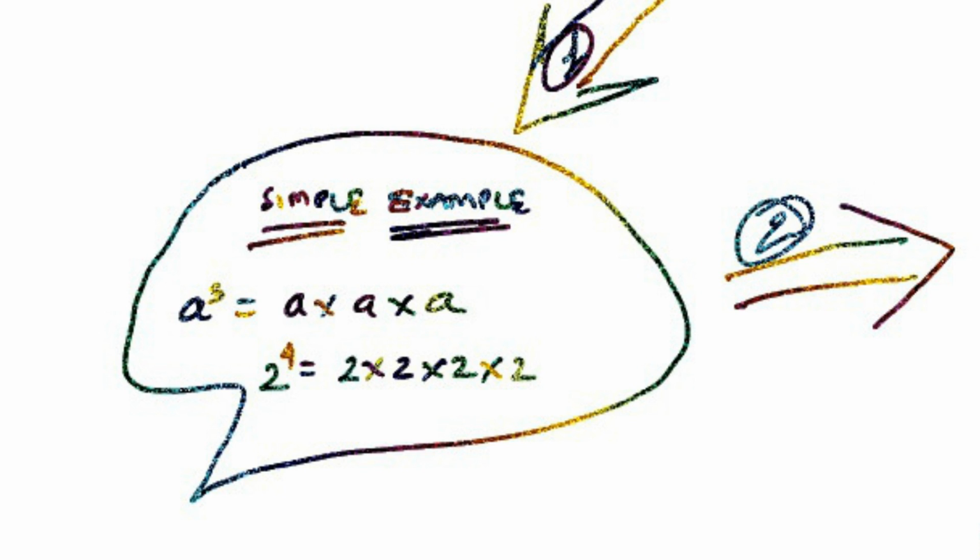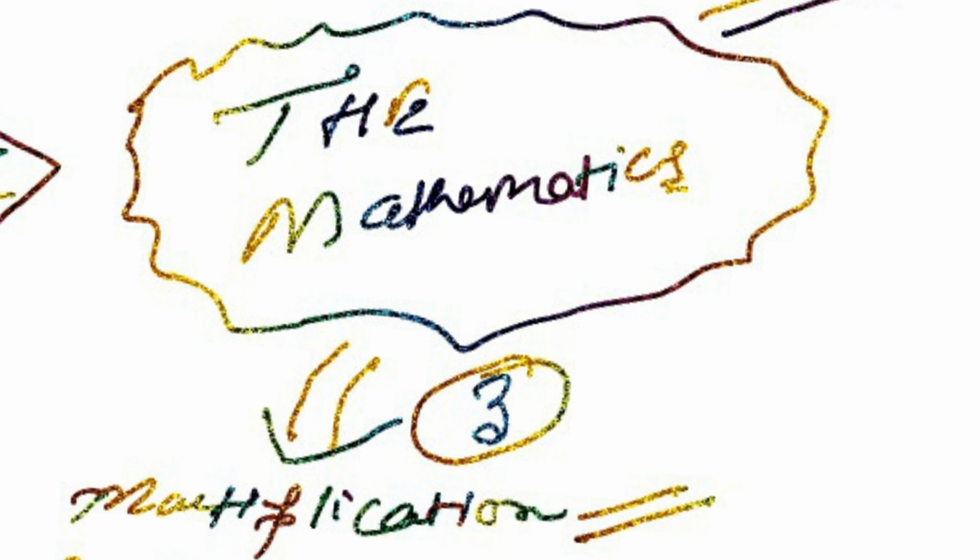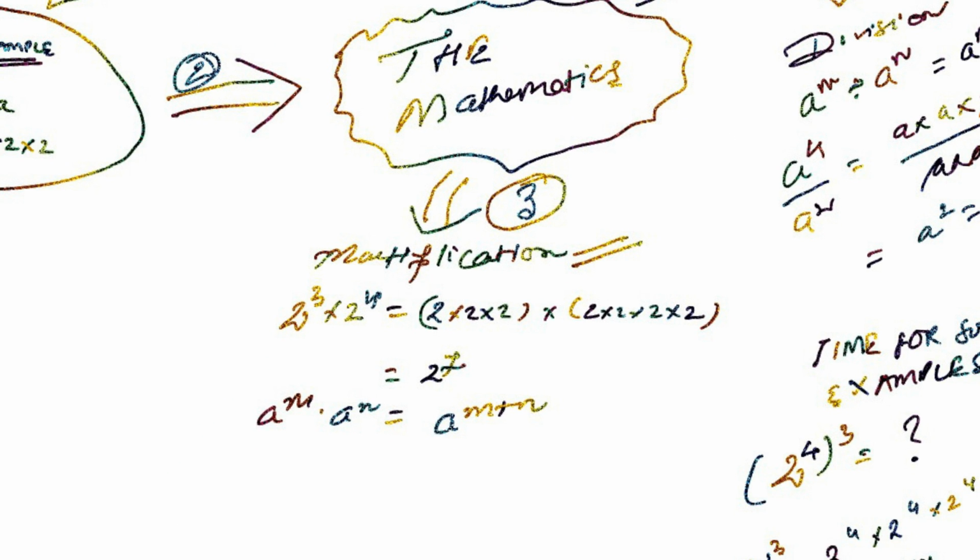So when you say 2 to the power 4, it means 2 into 2 into 2 into 2. Now, what is the mathematics behind it? How do we use this notation? Generally, we define multiplication, so once you have defined a cube as a into a into a,